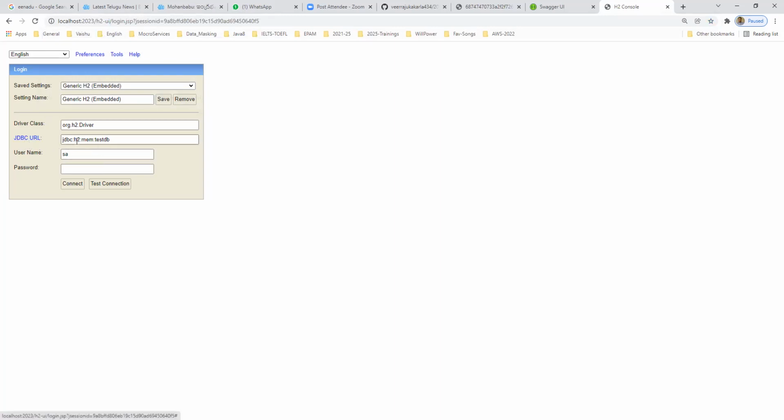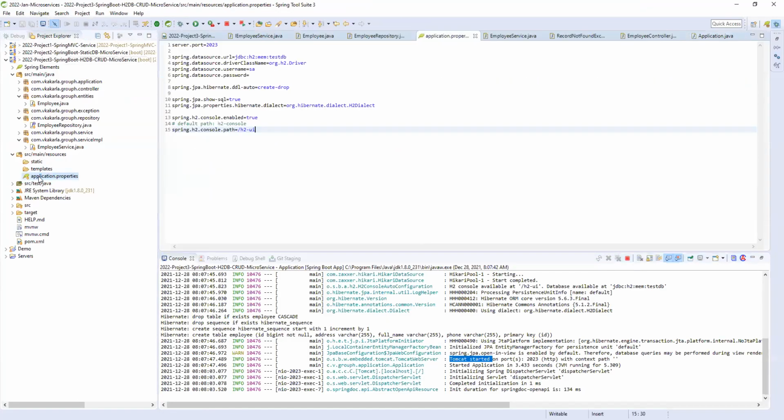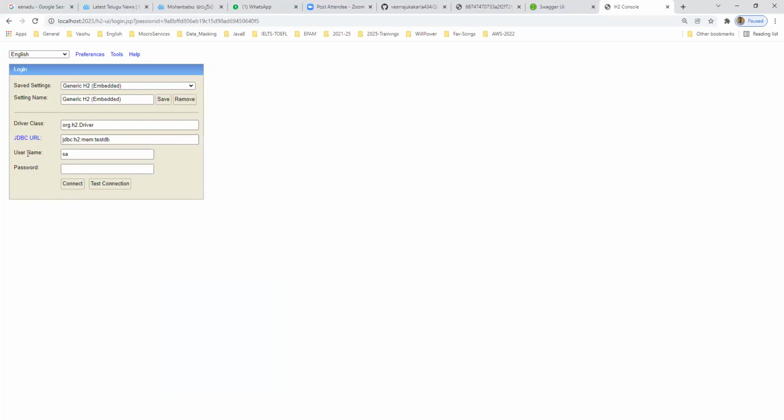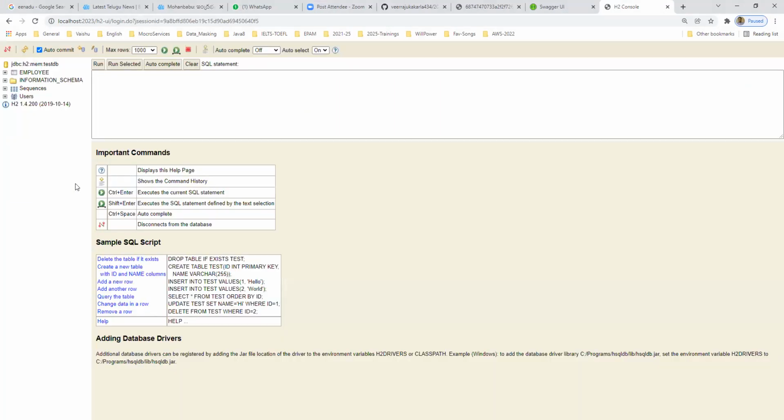You need to copy the default URL of the H2 database from our application.properties file. This is the driver, and you need to copy and paste here. So automatically it will connect. Username SA is the default username of our database, and you can connect.